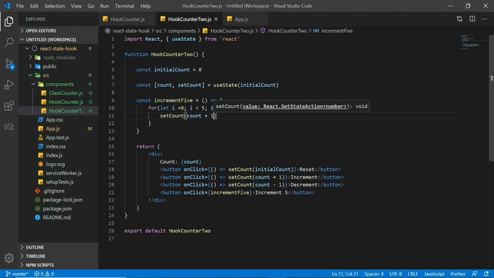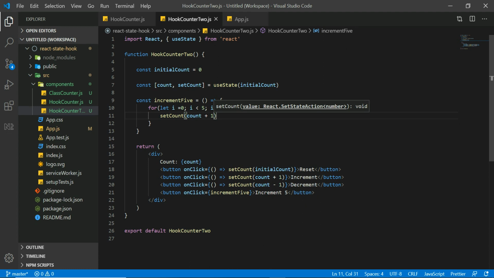So it is incrementing it by 1 each time. So rather than directly incrementing by 5, we are looping 5 times and incrementing it by 1 each time.